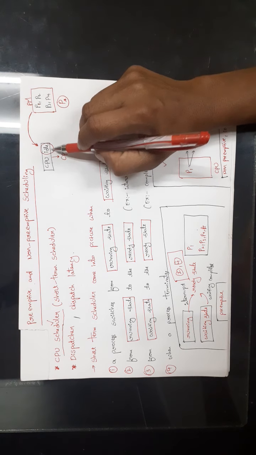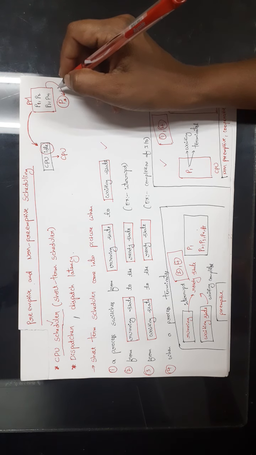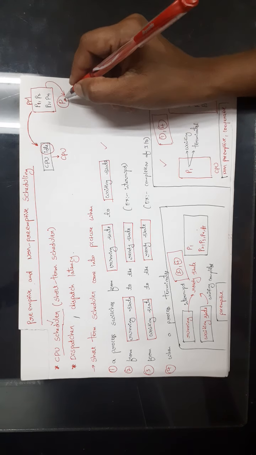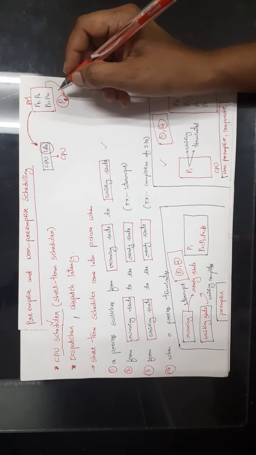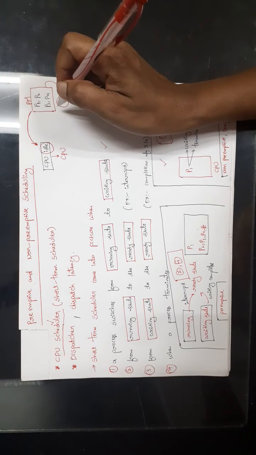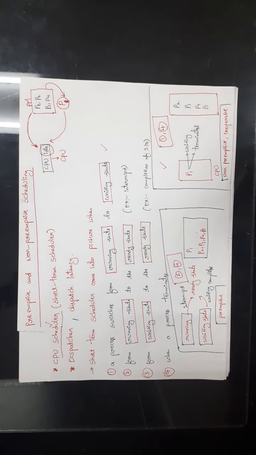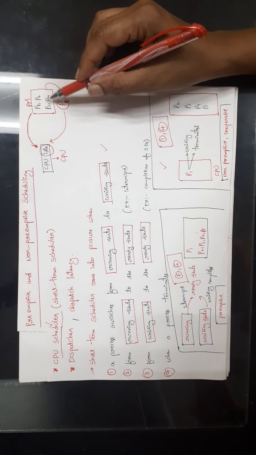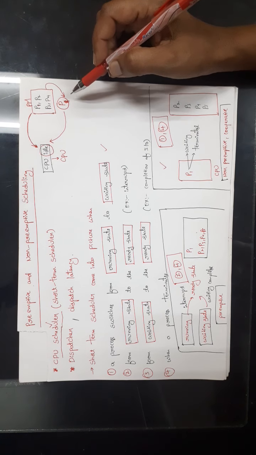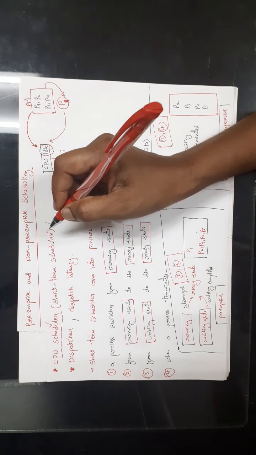So now the CPU is idle and we have four processes in the primary memory. The CPU scheduler will choose one process among these four processes for execution. Let us assume that the CPU scheduler has chosen P1. So now the CPU is allotted to process P1. Choosing one process among all the processes in the primary memory for allocating the CPU is done by the CPU scheduler. We can also call it a short-term scheduler.